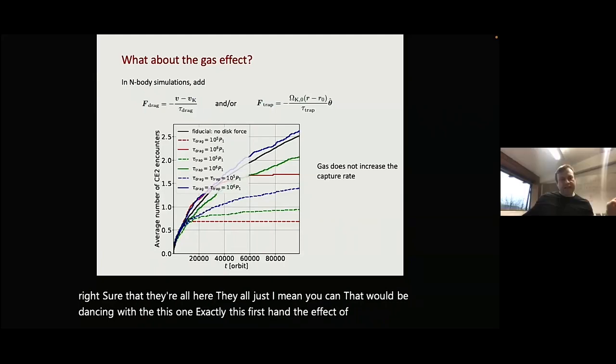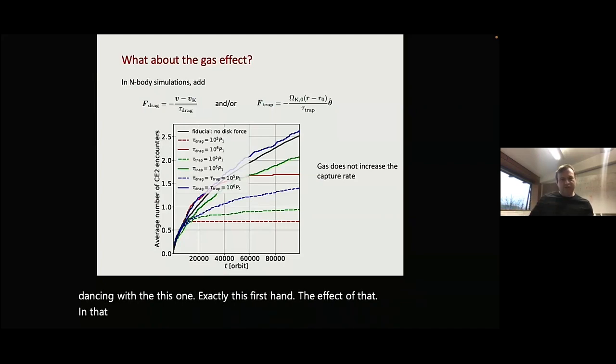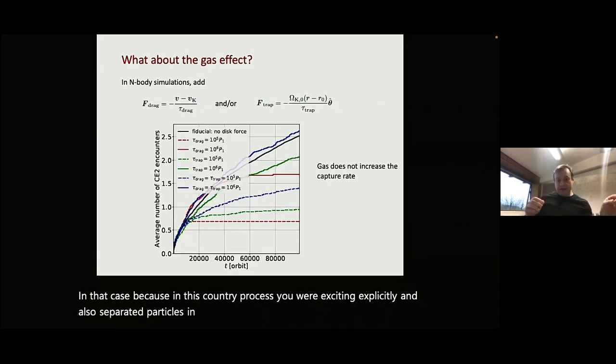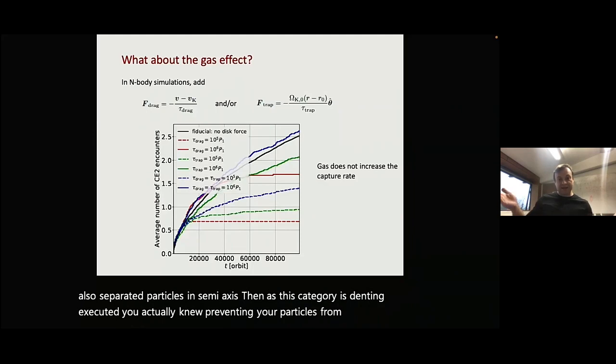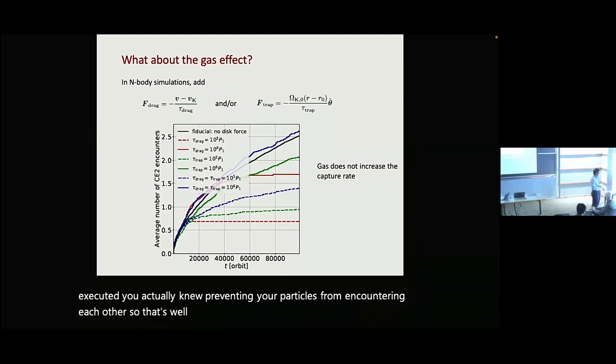Right. So in that case, because in a scattering process you're exciting eccentricity and also separating particles in semi-major axis, then as this gas drag is damping eccentricity, you actually will be preventing your particles from encountering each other. So that's a well-known effect. Sure, yeah. We actually had another paper that is looking at the